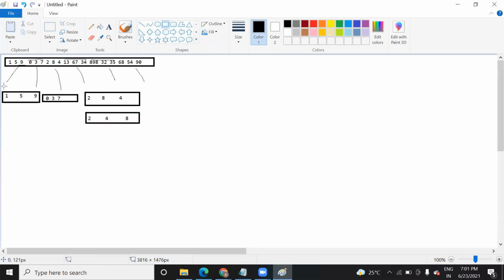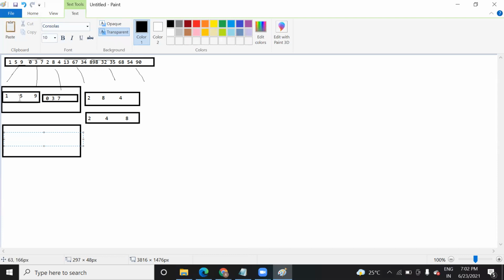Once you are done with this, after that you will do one thing: you will combine this bigger sublist. Now you are going to arrange in between these two. Then next you will take another two sublists and proceed in that way. Are you getting it? Yeah. Suppose in that case, after that you will get an element, and you will arrange elements in between them.